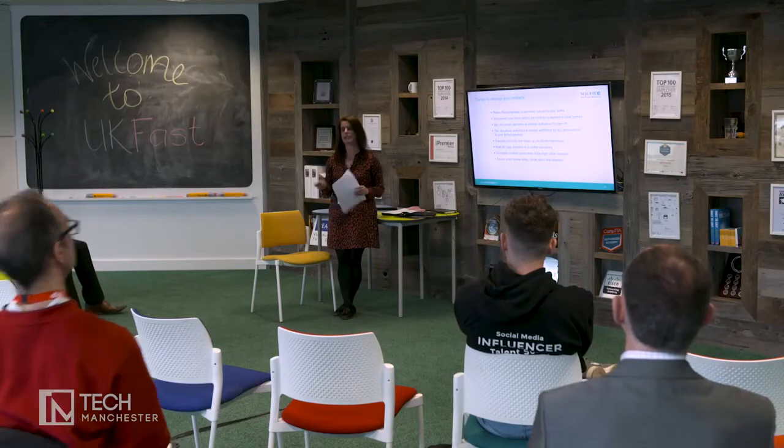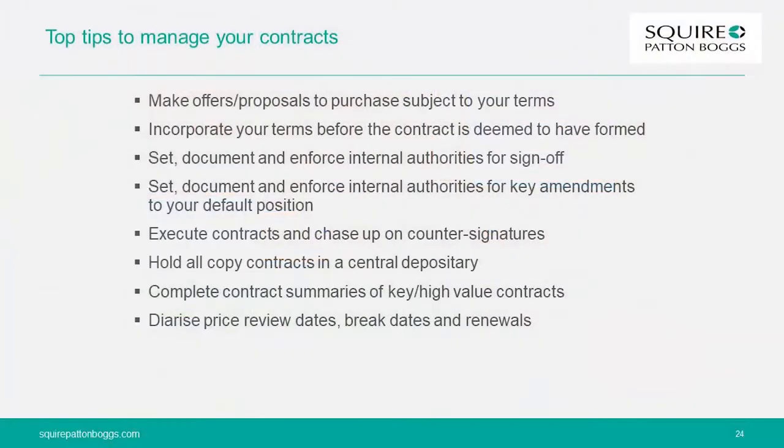It was difficult news to deliver to the client because we actually agreed that there was no binding contract in place. So they then instructed different lawyers, took it to court, and the court agreed that there was no binding contract in place. It was a very costly but simple mistake, and they just simply didn't chase up on it. You should hold all copy contracts in a central library. It's important to know at any one point in time who and how you are bound to. And more so if you're looking for an investment or an exit and they want to see all these contracts, it's nice and easy to have them in one place.